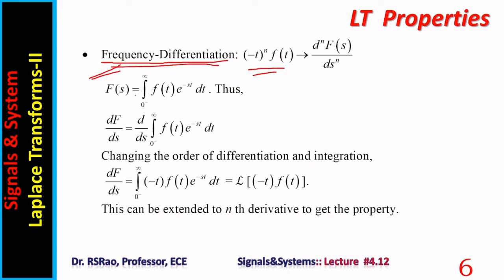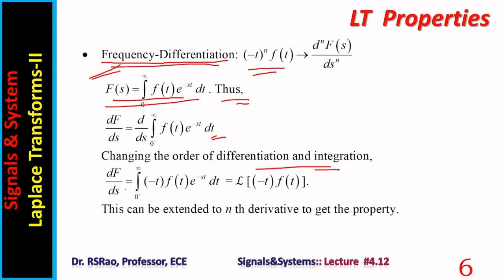F of s is equal to the integral from 0 to infinity of f of t e power minus st dt. Now differentiate this relation on both sides. df by ds equals d by ds of the integral from 0 to infinity of f of t e power minus st dt. Changing the order of differentiation and integration, we get df by ds equal to the Laplace transform of minus t